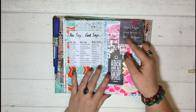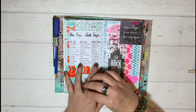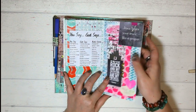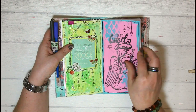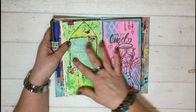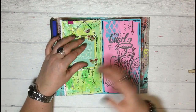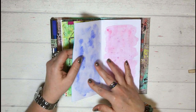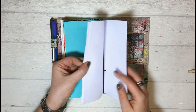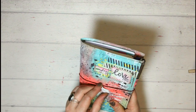And there's so many beautiful printables and stuff, and I can't wait to use them in here, or some drawing, just some random stuff that I don't want to put into my Artjournal Bible, that kind of goes into this book, like this scripture that I printed out and just created a page matching it, or drawing this little angel here. Yeah, so this is the second book that's in here, and I can't wait to fill this further. Yay! So those are my 2